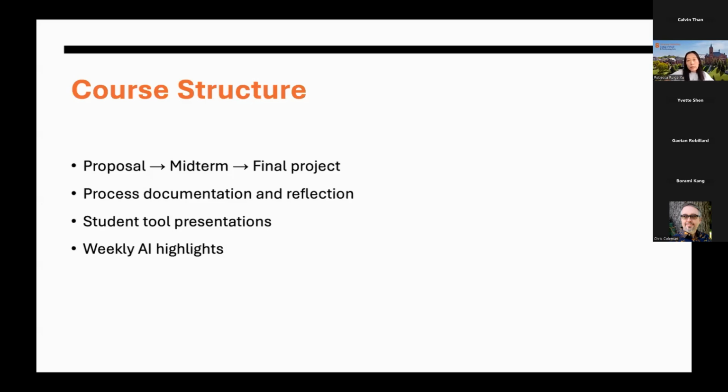For that one, student can bring in class anything related to AI development in that week. So it doesn't necessarily have to be related to creative practice, but rather in the larger AI field. And I find it's a very good way to keep a student completely aware of the current development of AI and engaged in the field.